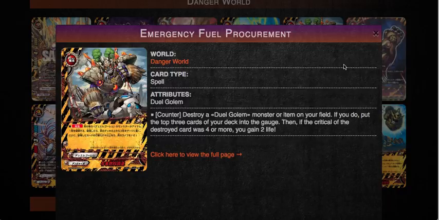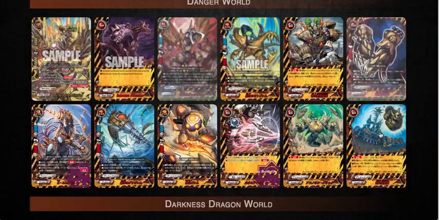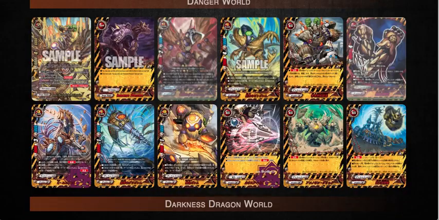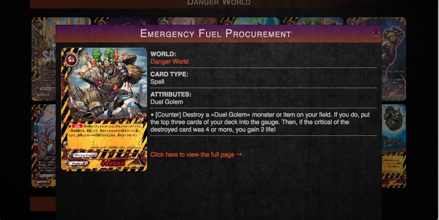Counter, destroy a Duel Golem monster or item on your field. If you do, put the top 3 cards of your deck into your gauge. Then if the critical of the destroyed card was 4 or more, you can gain 2 life. So yeah, imagine if you have 2 of these cards set on your field and then you cast the emergency fuel procurement, this one, to destroy 1 of your cards, and